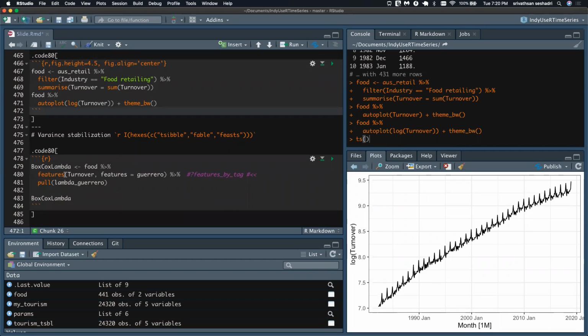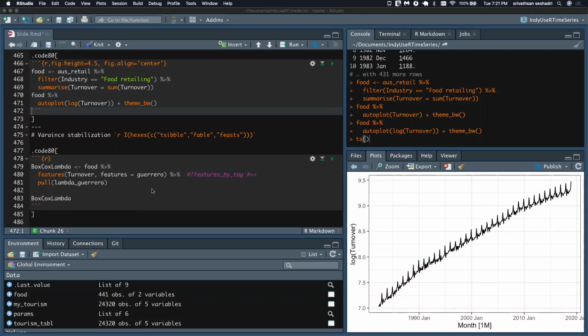This particular function called features has a method called Guerrero. Guerrero gives you the lambda parameter for making the Box-Cox. There are other features that you can go explore. If you search in your RStudio help for features by tag, it gives you all the other available options.